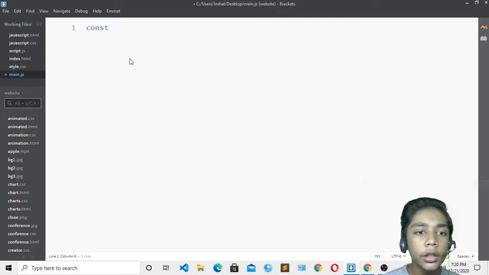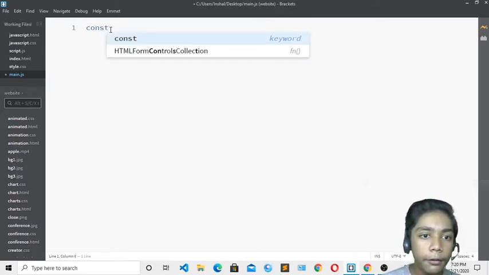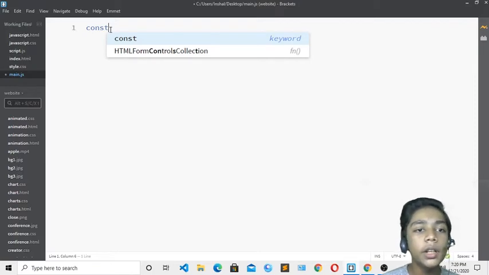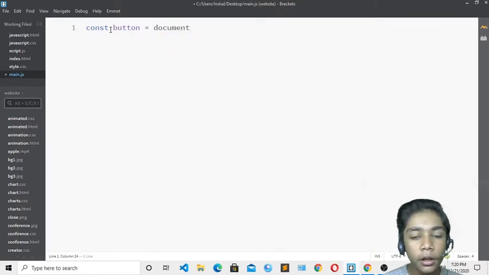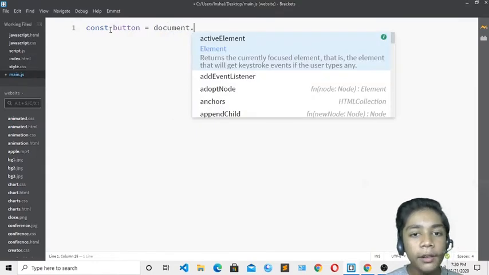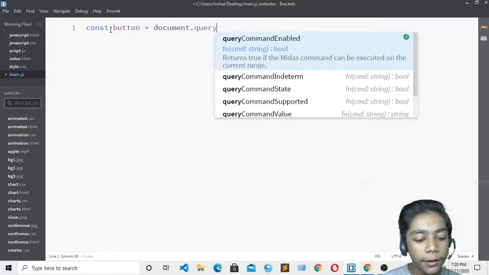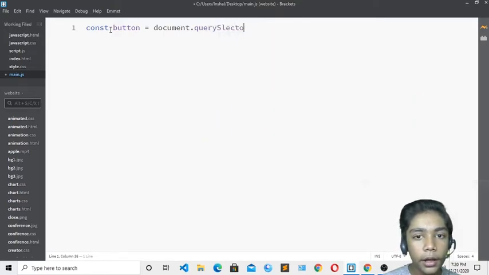It will also show you options when you are writing, like when we are writing any HTML code or CSS, it also shows our options. So I will write const button because I have to write it so that when we press the button, all my colors change. So I will define const button, and in here you have to define this document, which is really important to define. And over here I will define querySelector.